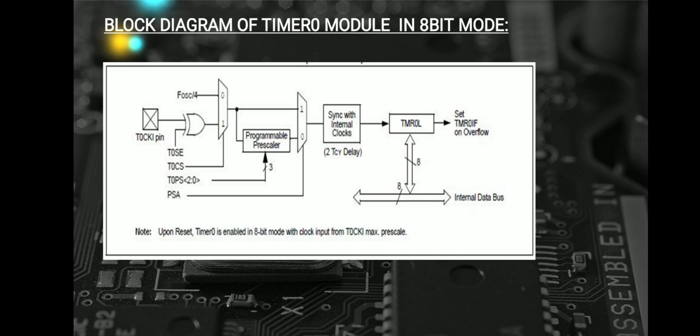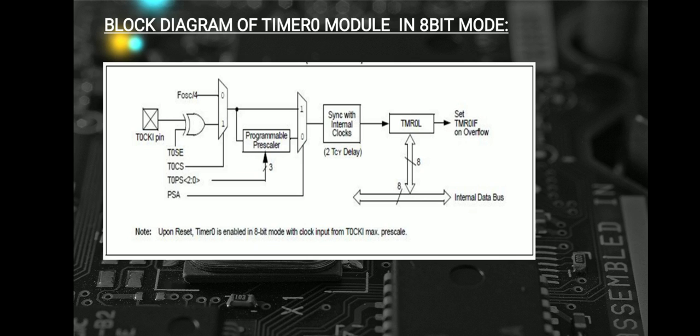So, this is the block diagram of the Timer 0 module in 8-bit mode. Generally Timer 0 can operate as either a timer or a counter. The timer mode is selected by clearing the Timer 0 clock source select bit, as we discussed before. In timer mode, the module increments on every clock by default unless a different prescaler value is selected. If the Timer 0 register is written to, the increment is inhibited for two instruction cycles. The user can work around this by writing an adjusted value to the Timer 0 register.